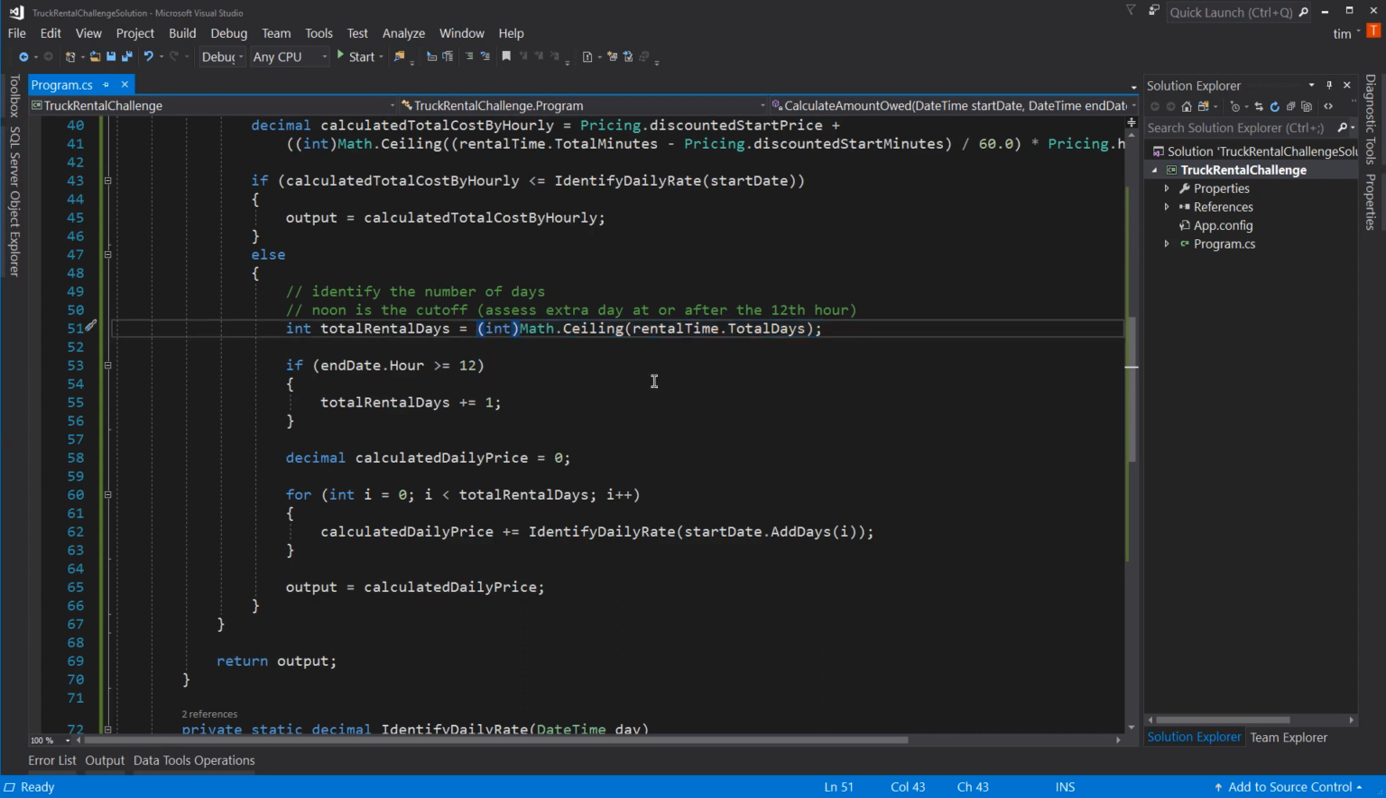What I mean by that is we're using our total days, which isn't really the number we're looking for. The number we're looking for is date days, meaning if we rented the truck on March 15th and we returned it on March 16th, we're looking for 1 day, meaning 16 minus 15 is 1. Our problem is that this rental time